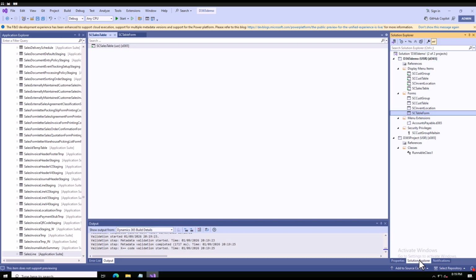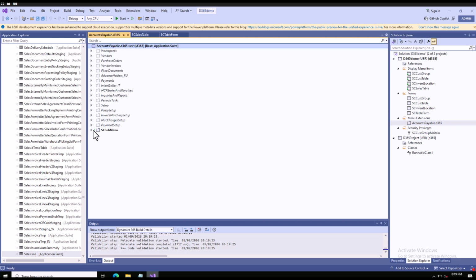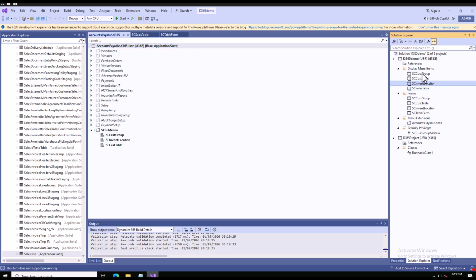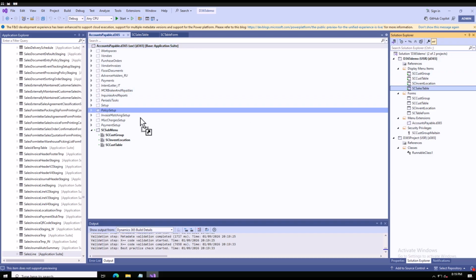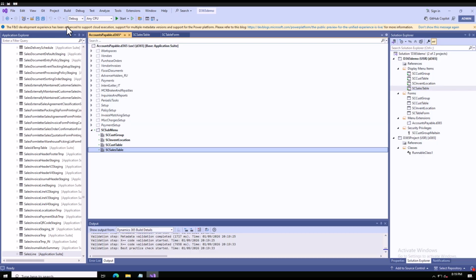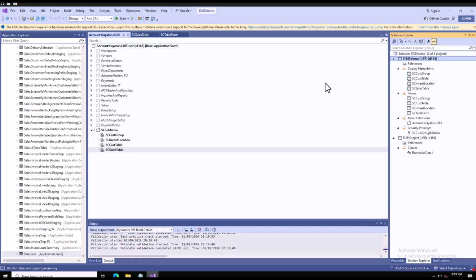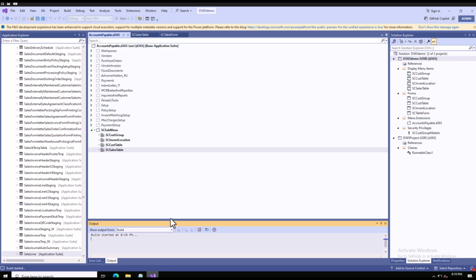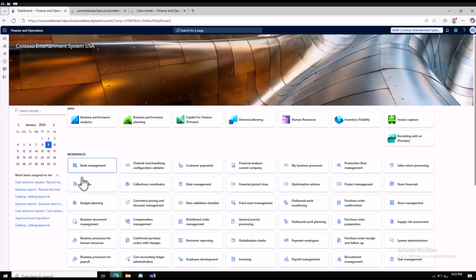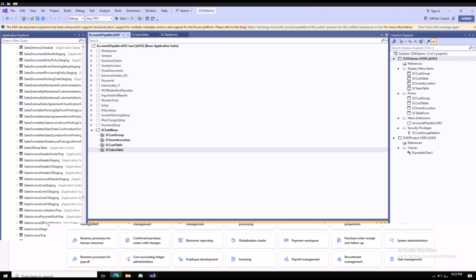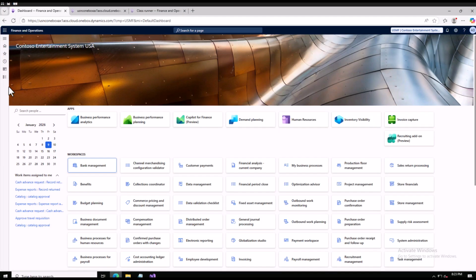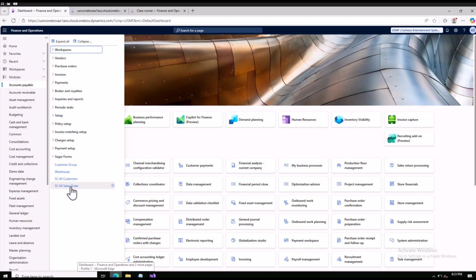But still I haven't added this to my menu extension, so I'm going to add it to sales table. Yeah, I will drag this one here. I will save it. And let's do a build and we'll see how it is working. I will do build. So the build is completed now, and now when I go to front end,